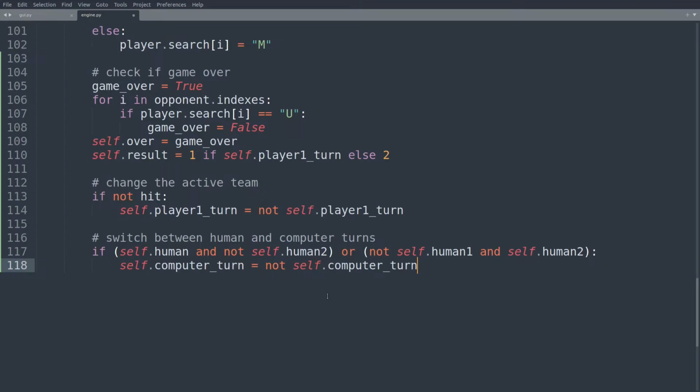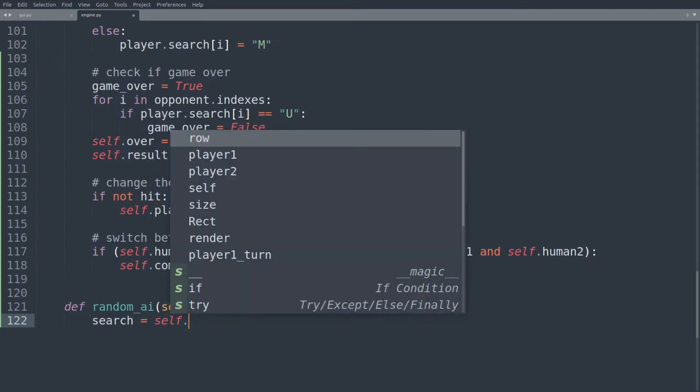And now let's create our first little AI, okay? So we'll just call this random AI. We just want the computer to make random moves right now. They don't have to be good moves, okay? And to make these moves, we'll first get the search grid of the computer. So all of the indexes that the computer has in their search grid. So I'm going to call this simply search. And this is